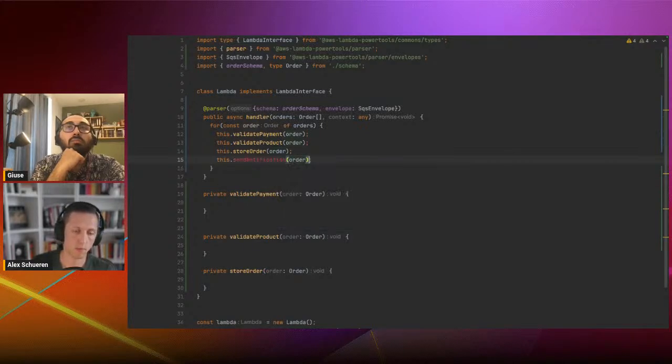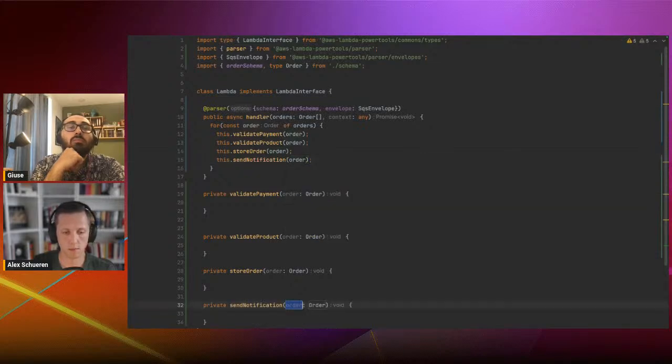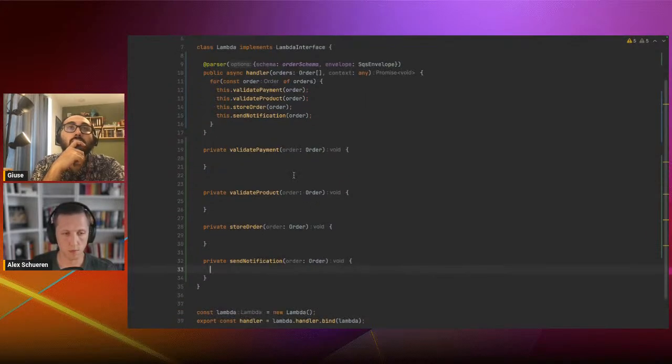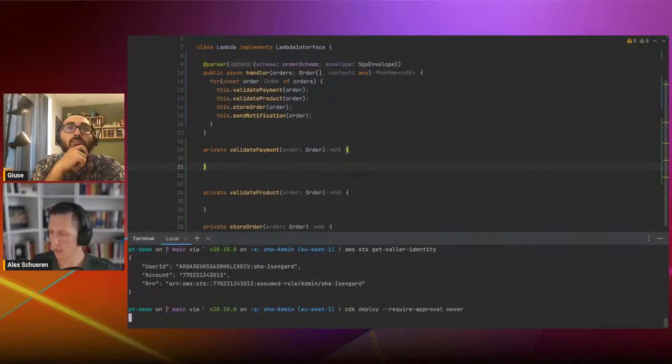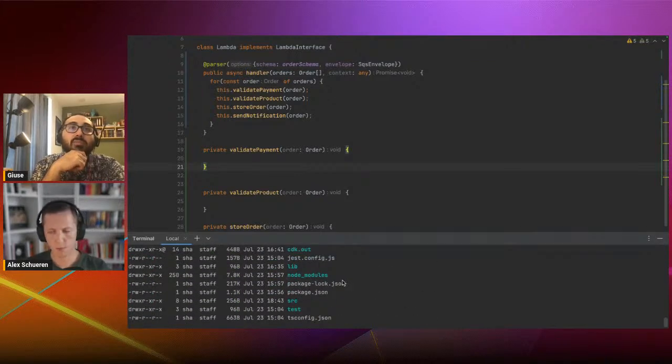Cool. All the methods are empty for now. They don't exist yet. We will build them. Okay, so let's maybe deploy it first. CDK and CloudFormation are way faster nowadays. Super interesting, actually. I deployed a couple of times, and it went from a couple of minutes to 5 to 15 seconds,